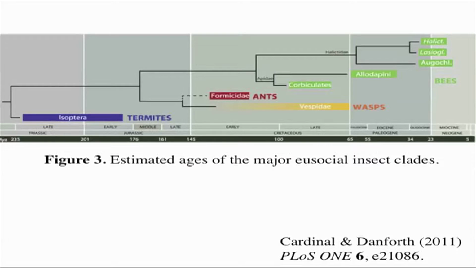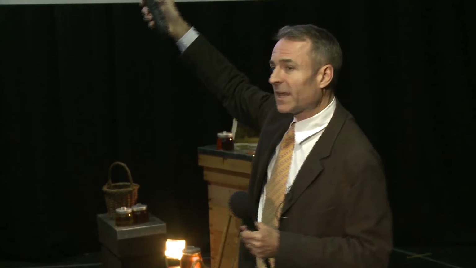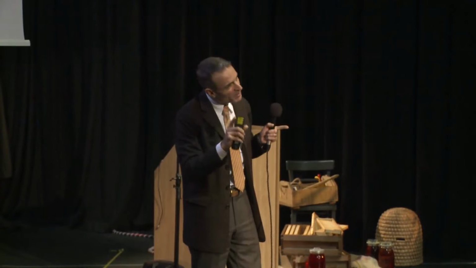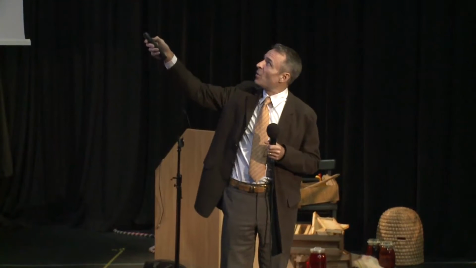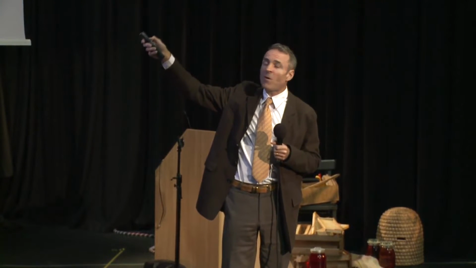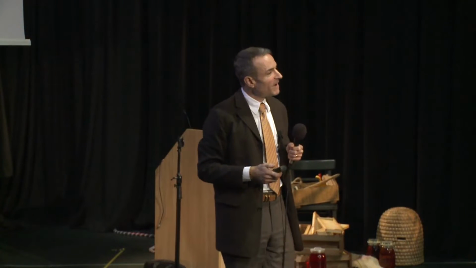However, amongst the bees, which are green in here, we've got other groups which have also evolved eusociality, and more recently. And the ones that I've been studying, and I'm going to say a few words about experiments I've been undertaking, with sweat bees, have evolved eusociality about 25 million years ago.